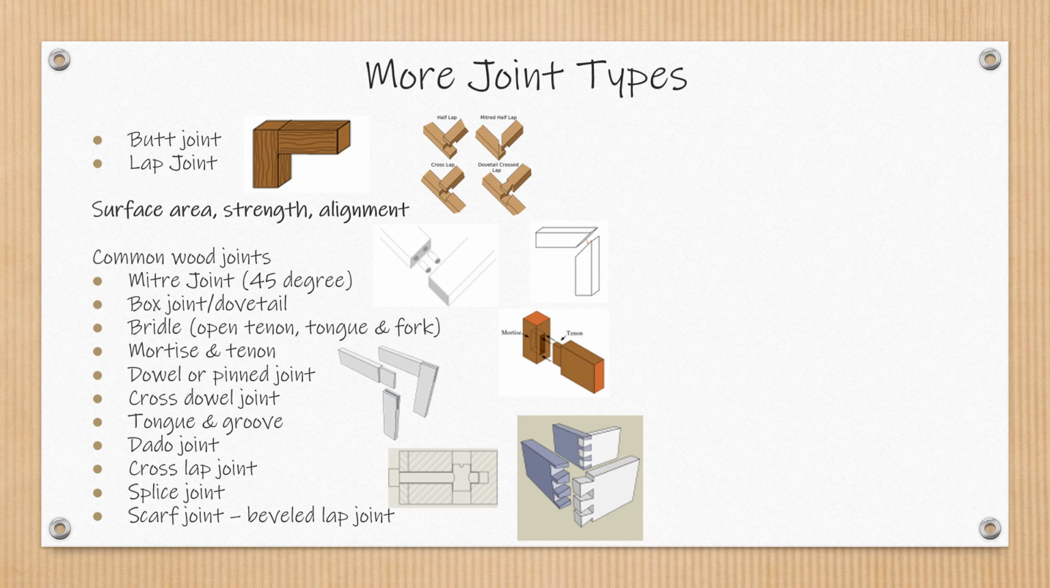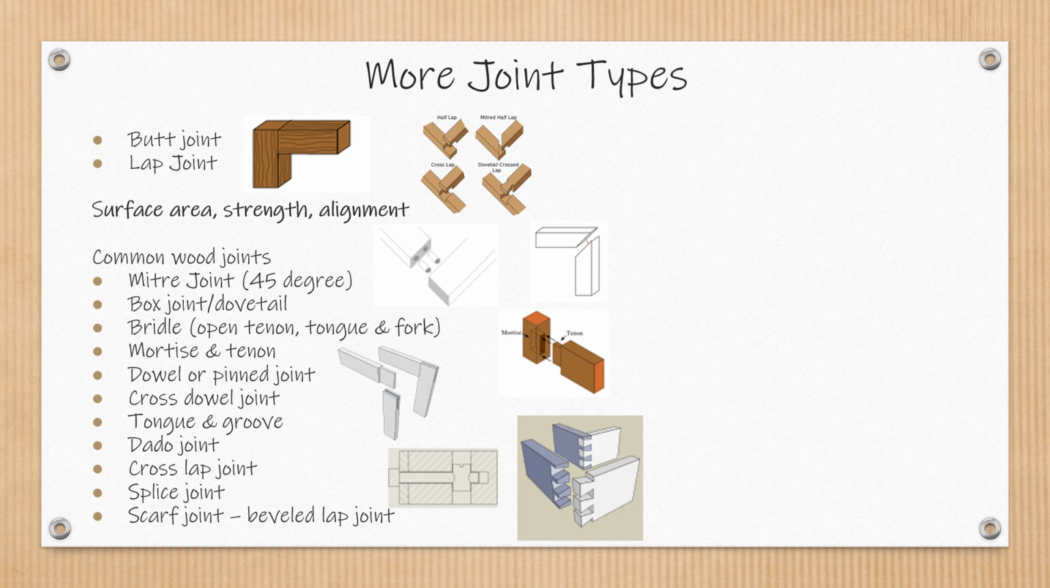Some other wood joints include a mitered joint. It's similar to a butt joint, but both pieces have been beveled, usually at 45 degrees. A dovetail joint is a form of a box joint where the fingers are locked together by diagonal cuts. A bridle joint, often known as an open tenon or open mortise and tenon, or even tongue and fork joint,